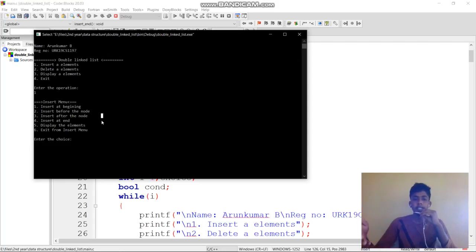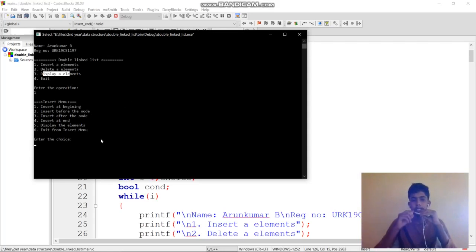You can insert any number of elements and display them in the insert menu instead of going outside. The display inside the insert menu and in the main menu has the same code and procedure. The last option is exit, to quit from the program.